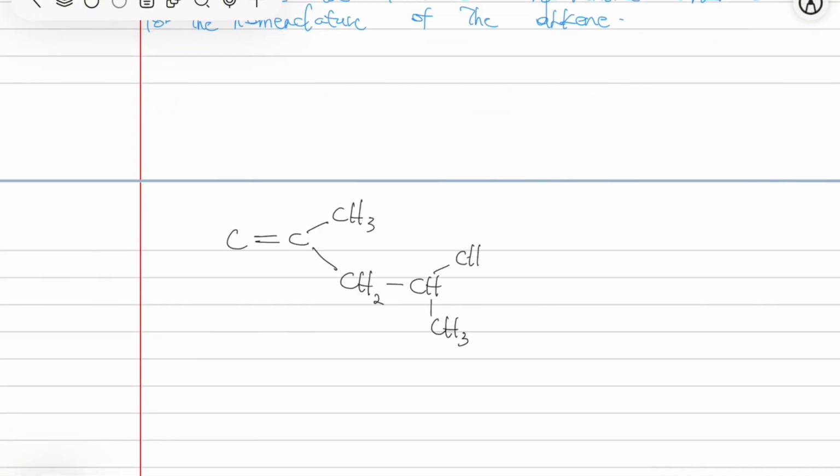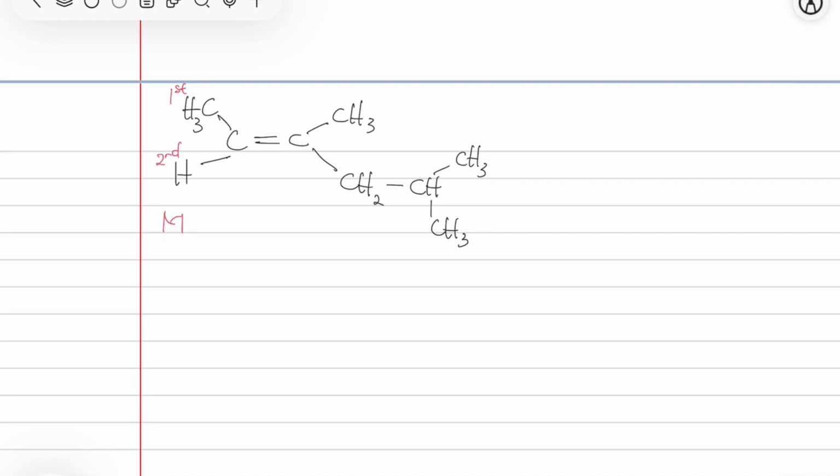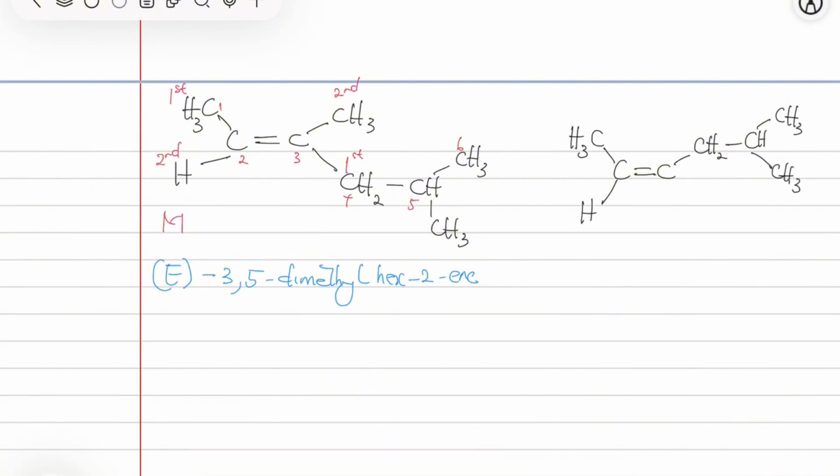The first step in naming compound M is to assign priority on the carbon-to-carbon double bond, which is at position 2 and position 3 of the parent chain. In position 2, we observe 2 groups attached to the carbon atom, which are the methyl group and the hydrogen. The methyl group takes first priority over hydrogen because of the higher molecular mass of the methyl group. Then in carbon number 3, the methyl group takes lower priority than the other bulky group, while the bulky group